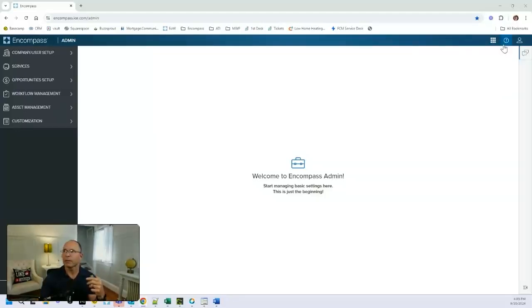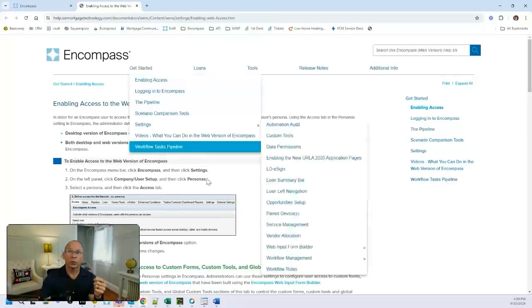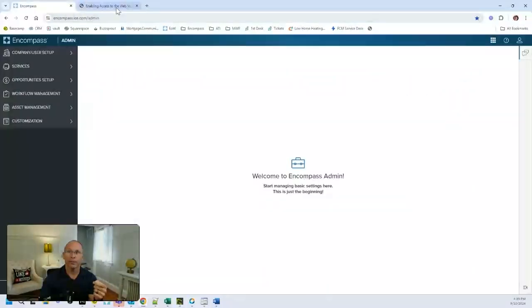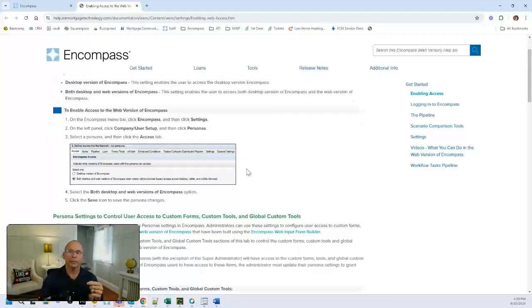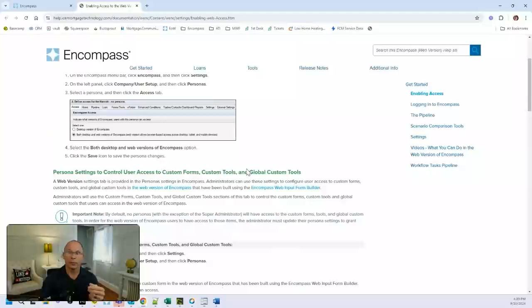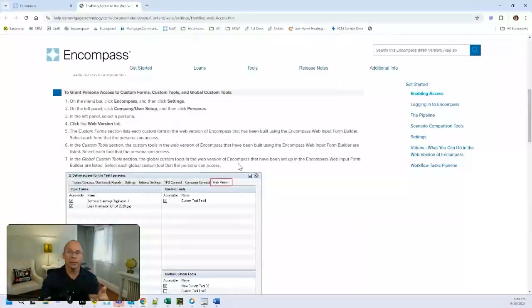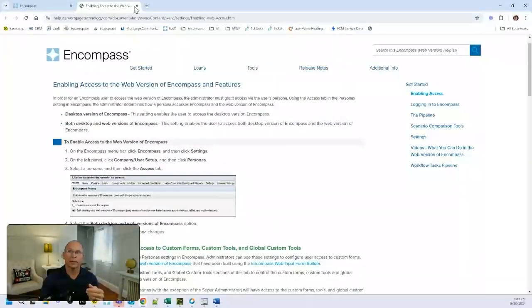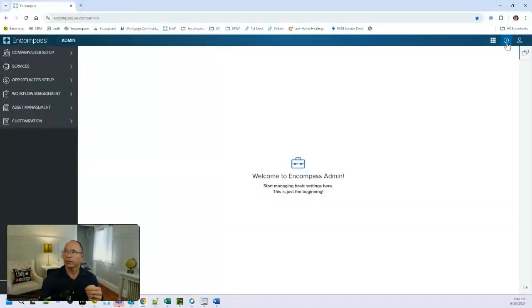That's my big deal. The other thing that's really helpful here is this Encompass help is super clever because it knows where you are based upon your URL, right? And the user help that it gives you is deep. It doesn't cover everything, but it does get into some deep stuff with trying to remind you about things you should be thinking about. So that's another good reason to go to Encompass web.